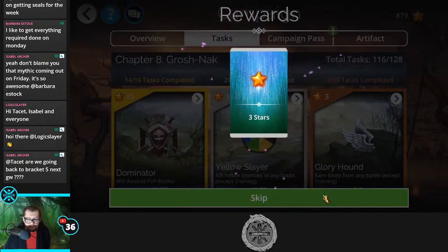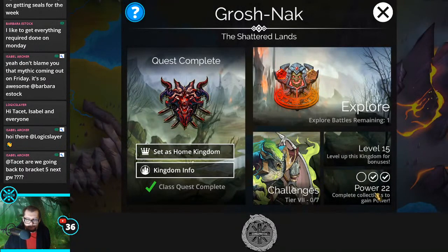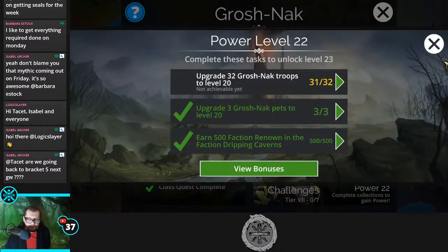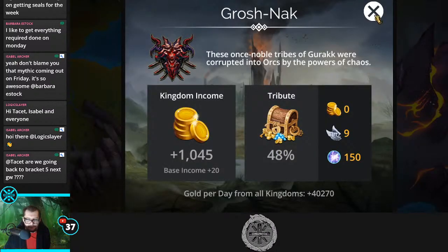Oh, also, it got even higher today, by the way. I mentioned during the previous, not the previous stream, but during the Monday video. But we do have 22-star Groshnock, and with this we have slightly higher Tribute chance. Of course, not too huge a difference. It goes from, what is the difference? It goes from...